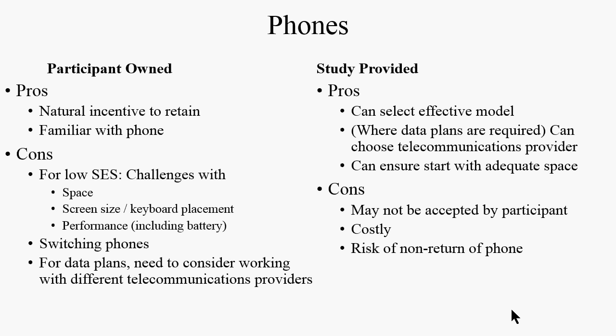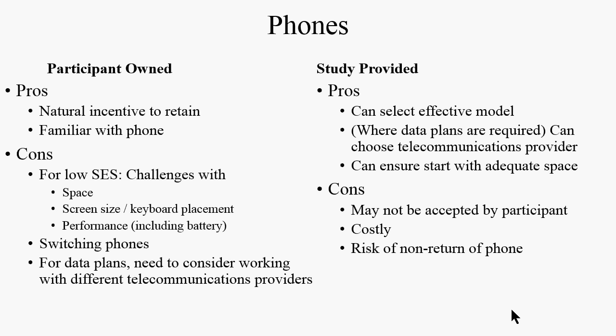In other cases, non-return of the phone has been in the form of the phone was damaged, or so it was said. There is a risk here that you may have to put down more money to provide a new phone, and it gets diverted or destroyed in a way that imposes costs for the study. So study-provided phones and participant-owned phones have some trade-offs, and often now we deal with these hybrid models. I would highlight Kevin's really good points about hybrid models here, with getting people signed up for cell phone network for corresponding Wi-Fi networks for those.